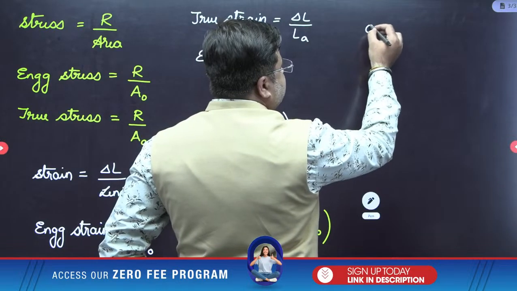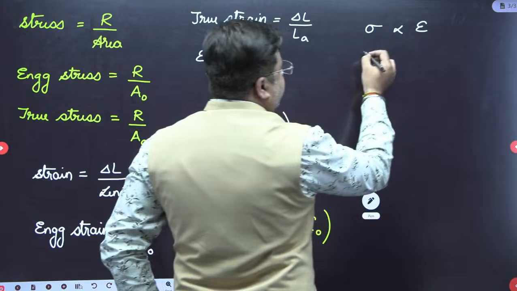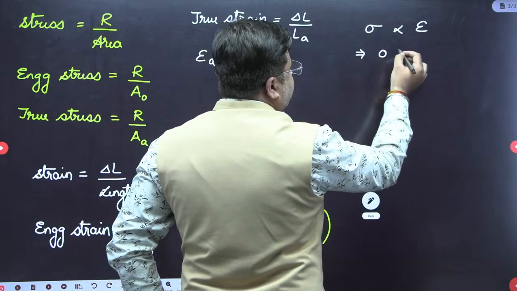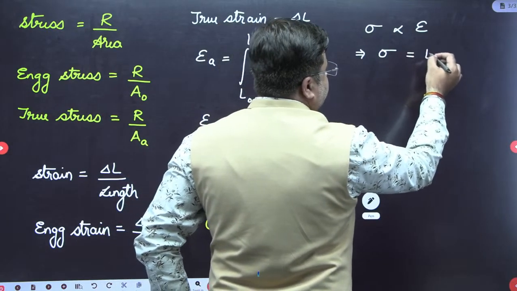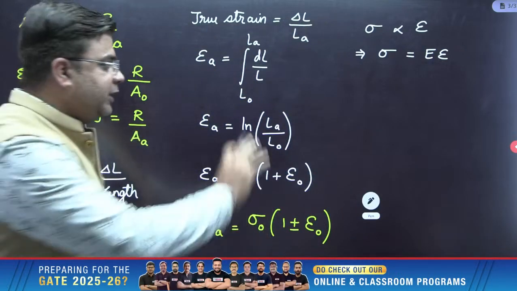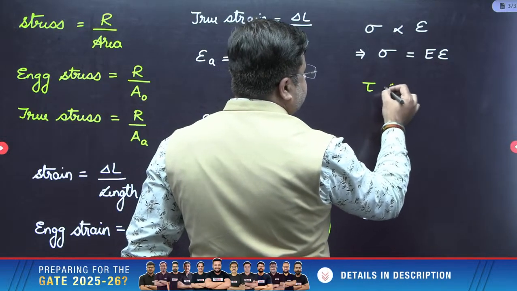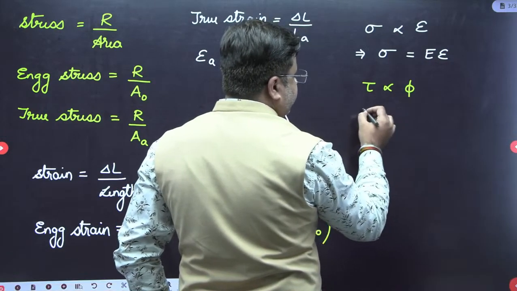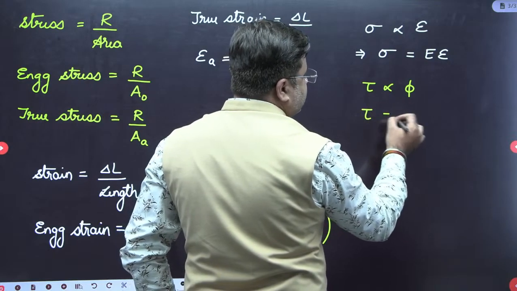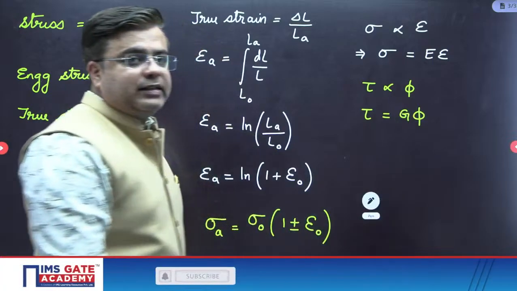Hooke's law for axial loading states that stress is directly proportional to strain, and removing this proportionality sign, you will get the first expression that stress is equal to E into strain, right? This is the first Hooke's law for axial loading. The second Hooke's law for shear loading states that the shear stress is directly proportional to shear strain. Removing the proportionality sign, shear stress is equal to G into phi, where G is called the modulus of